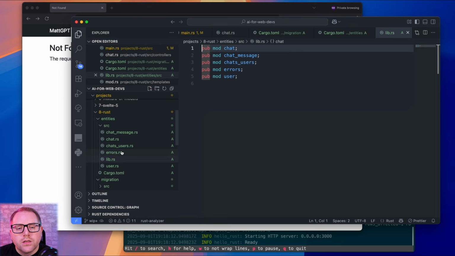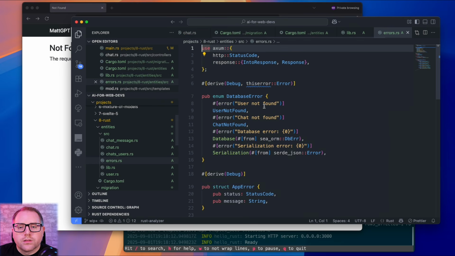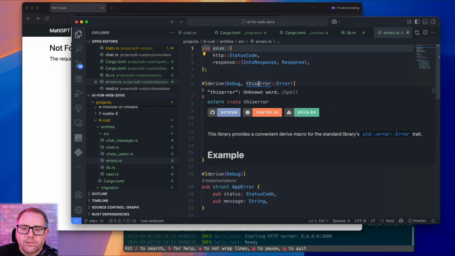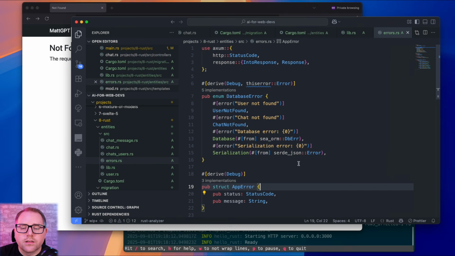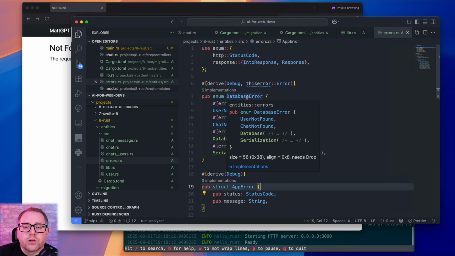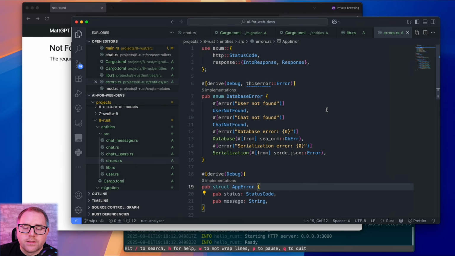And if we take a look at our lib file, it's just going to be defining all the child modules. The error, this is what I had mentioned about thiserror. You can see we can derive this error. And again, it just cleans up some of the boilerplate that you'd normally have to write out by hand. In our case, we're going to define a database error enum. So for example, user not found, chat not found, database error, serialization error.